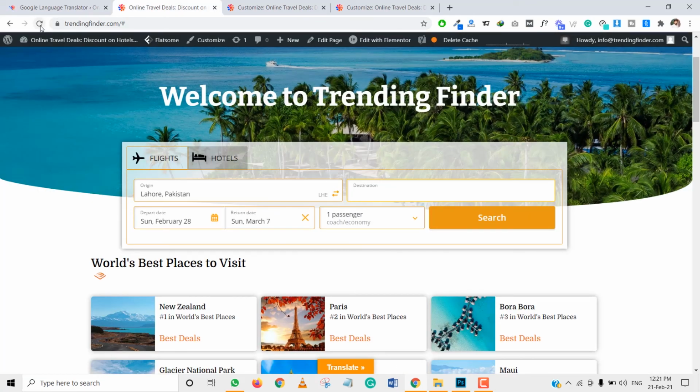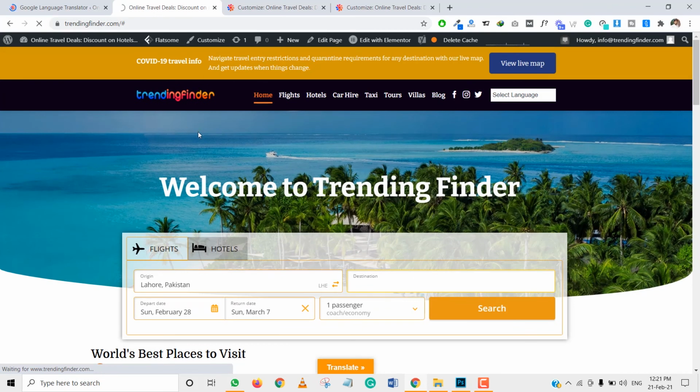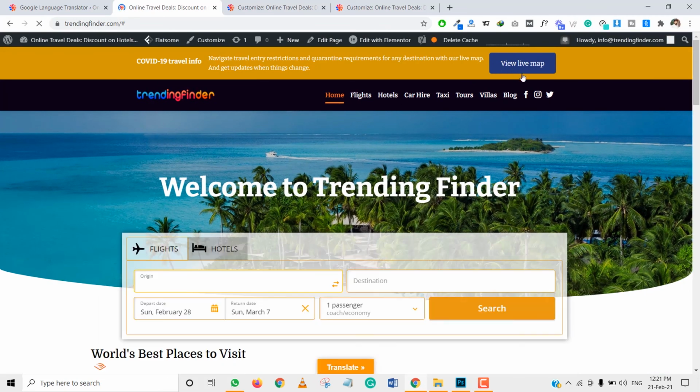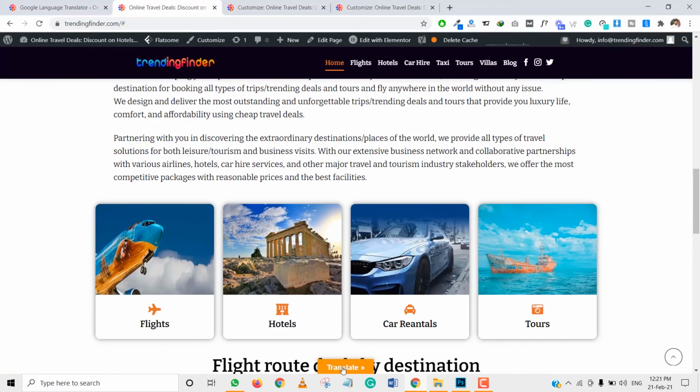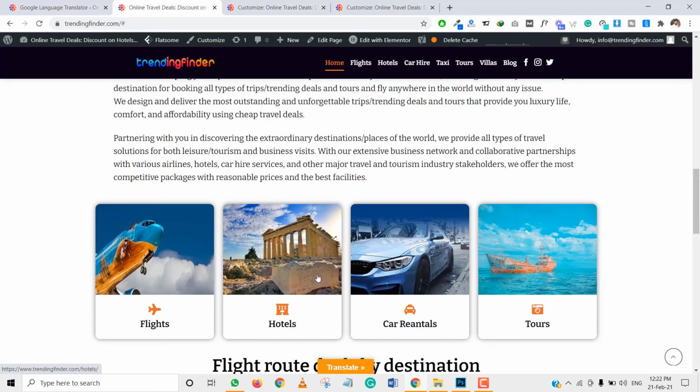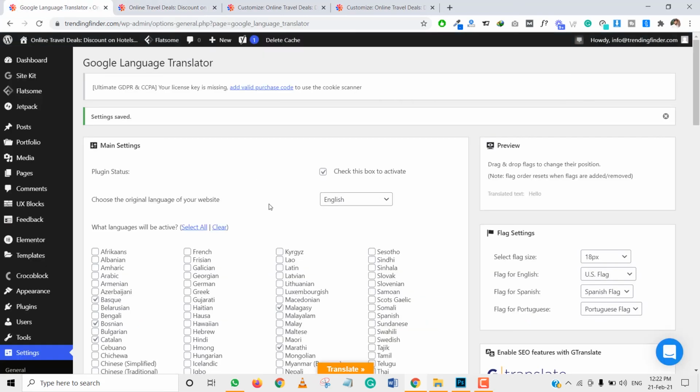We can reload this page again and see here, we don't have any HTML tag on our header section, and we have the floating widget of translation. These translators automatically translate your whole website, all pages, into your required languages. You can add multiple languages, almost 260 countries, and all these countries are available here.